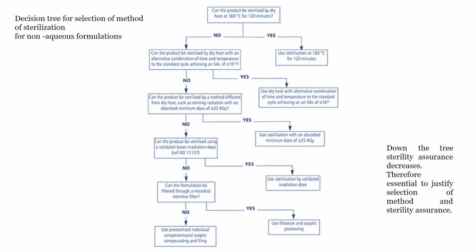If it is showing degradation at this radiation dose, then see whether the product can be sterilized using a valid lower dose. There are a number of testing methods which are defined in ISO 11137. So you have to go through all the methods to test whether a lower dose of radiation is feasible, and you have to validate it. And if you have sufficient documentation and proof that a lower dose is sufficient to cause sterilization, then you can adopt that method of sterilization at lower doses.